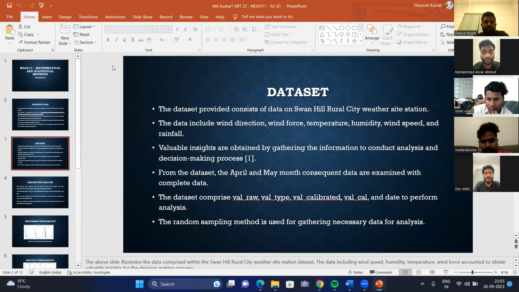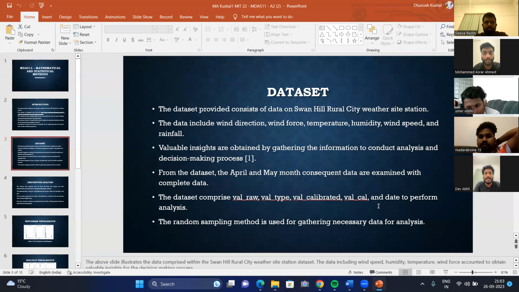Thank you, Sliva. The dataset provided consists of data on Swan Hill Rural City weather stations. The data include wind direction, wind force, temperature, humidity, wind speed, and rainfall. Valuable insights are obtained by gathering the information to conduct analysis and decision-making, as shown in figure number 1.